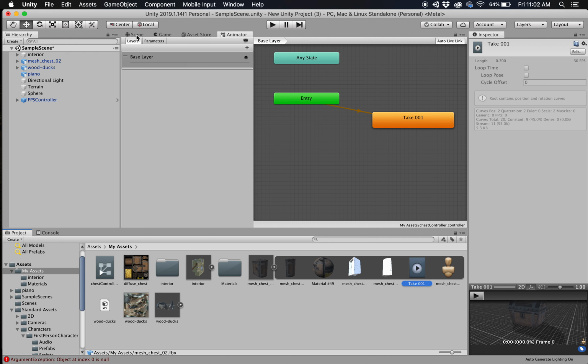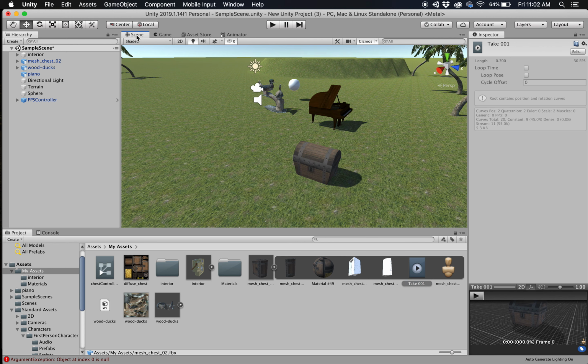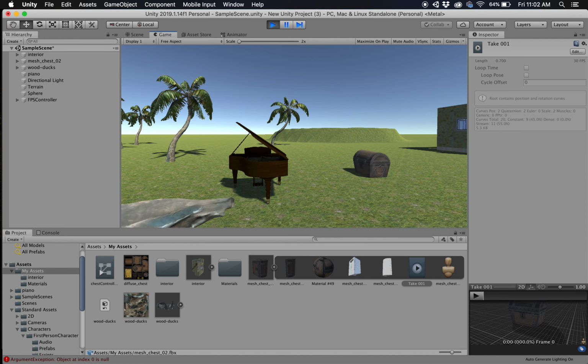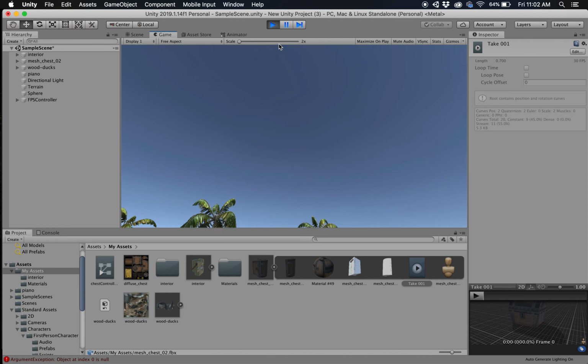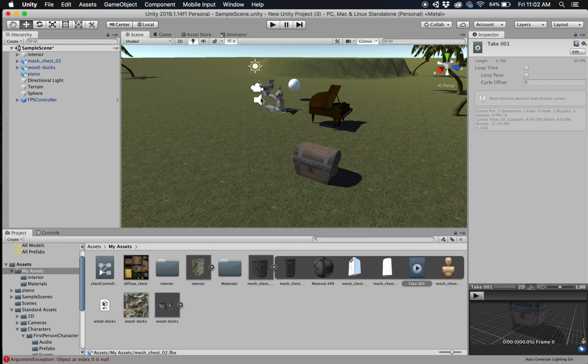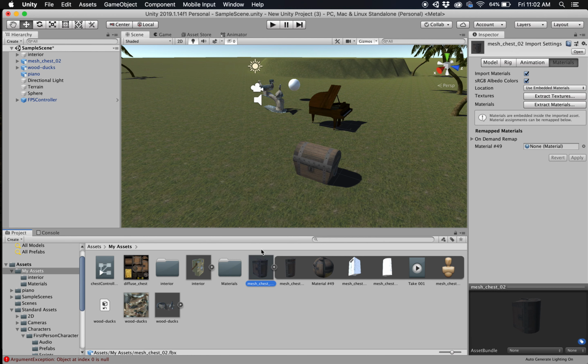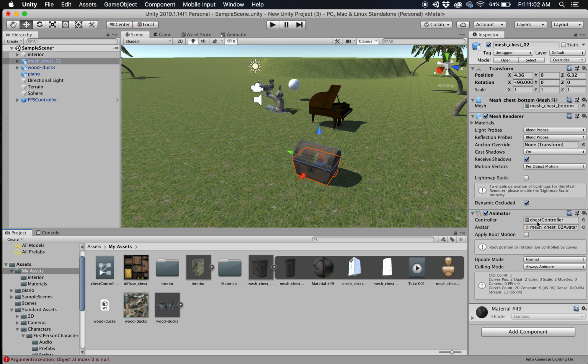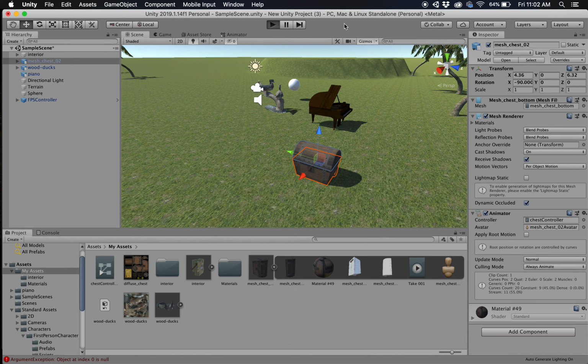So I'm going to go over here to Scene and hit play. Still nothing. Okay, that's because we didn't connect the controller. So we have to select our object up here. And this animation controller, we can just grab our controller we made and drag it right into that controller. And now when I go,